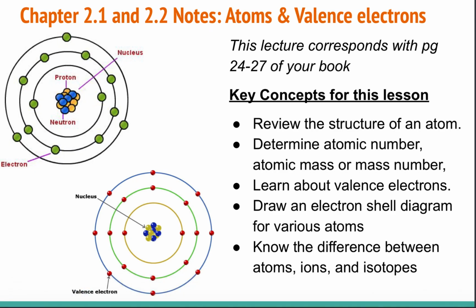Hi everyone, these are the notes for chapter 2.1 and 2.2 of your textbook, where we're going to cover atoms and valence electrons. We're going to review the structure of an atom, how to calculate different amounts of particles based on the information we have from a periodic table. And in addition to that, we're also going to learn about the organization of an atom